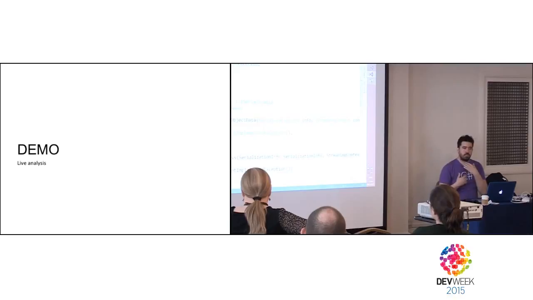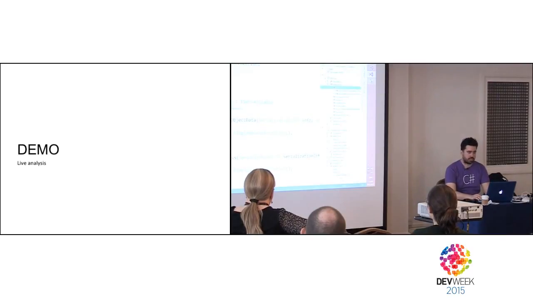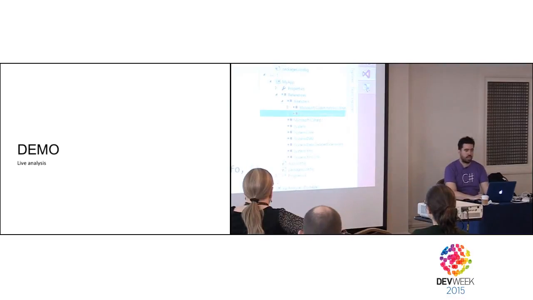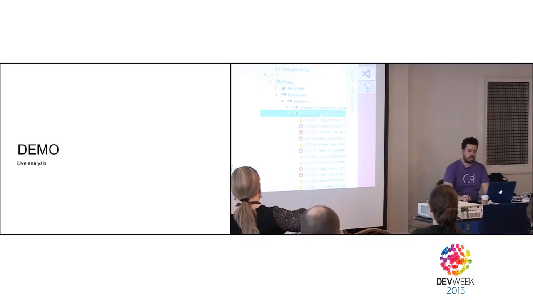So you see now that we have two additional rules that we can now enforce. So how does that work? When we added the new NuGet package, there's a new node in the references called analyzers. You can see it here. And you have new packages. You can see the names here. So this is the name of the original package and the name of the dependent package. If you open them, you can see that there is a list of